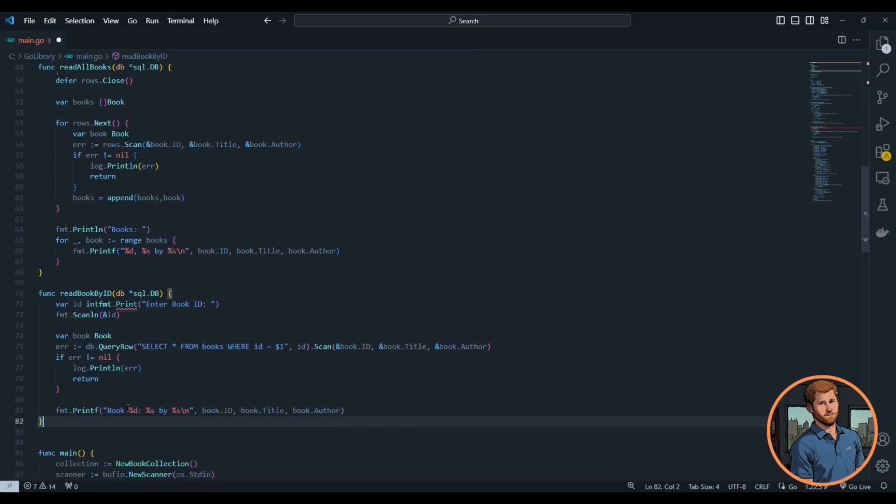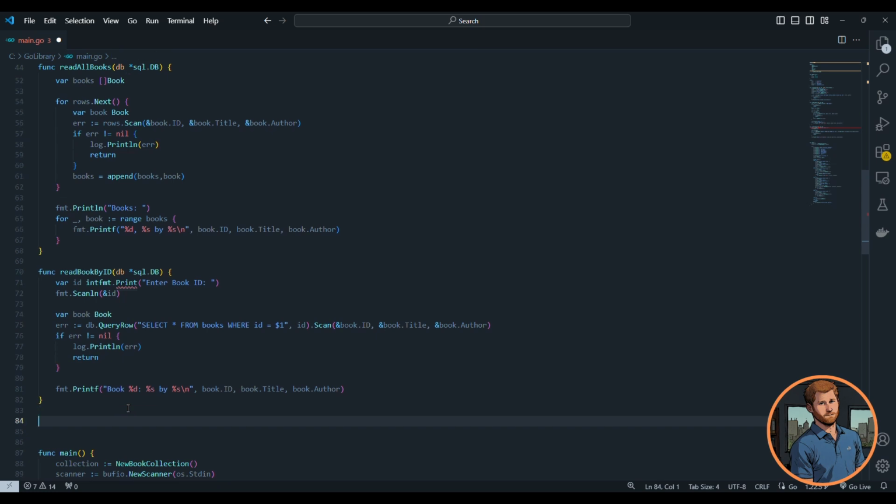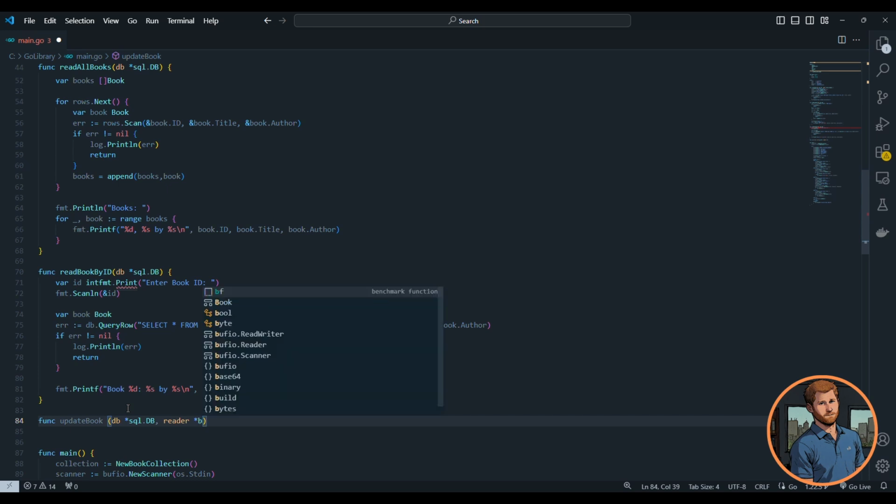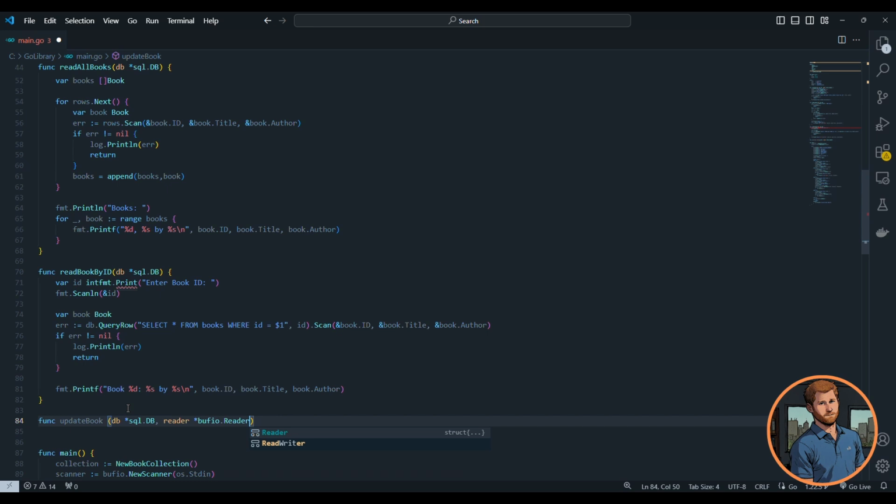Now we can retrieve a book. Now, what if we want to update a book? So our function update book, we'll pass in our database, so db sql.db, and our reader, so we can take in those multi-word inputs, buff.io reader,